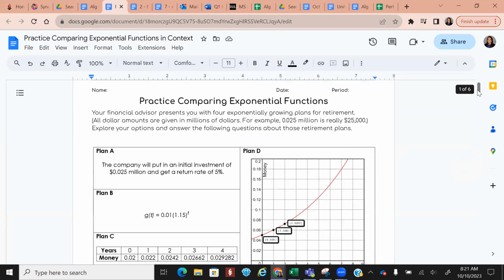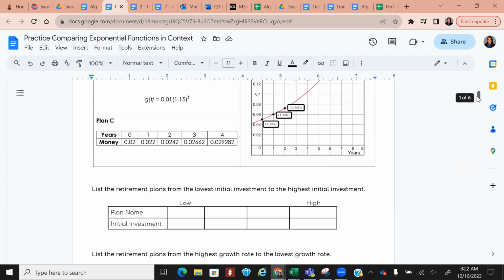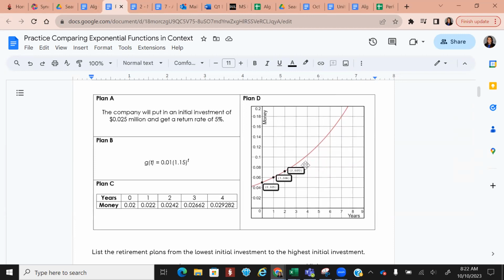So your financial advisor presents you with 4 exponentially growing plans for retirement. All dollar amounts are given in millions. So for example, 0.025 million is really $25,000. Explore your options and answer the following questions about those retirement plans. Okay, so you have these 4 different plans, and we're trying to answer these questions. So I would suggest first, maybe either writing out these as an equation or trying to figure out what's going